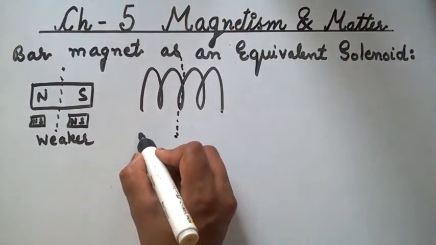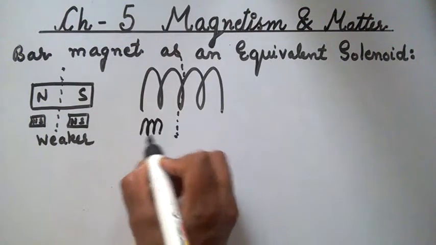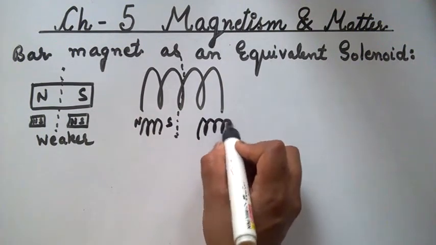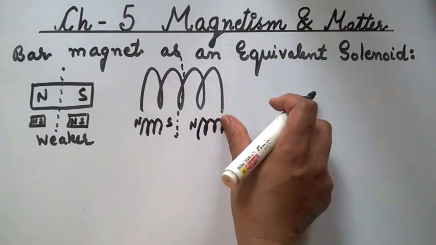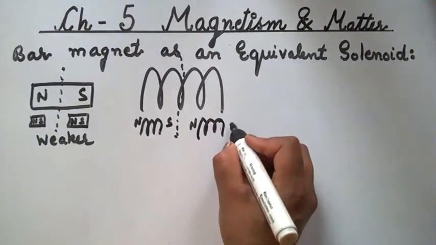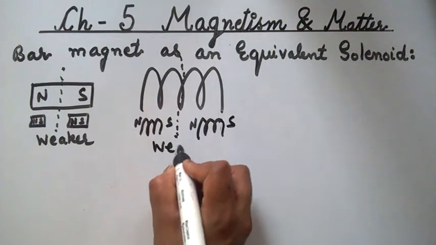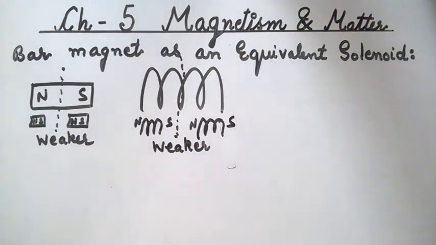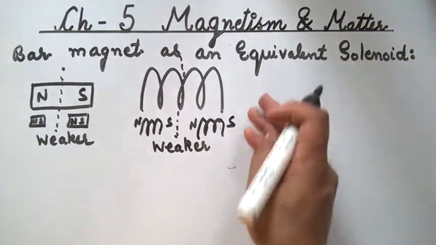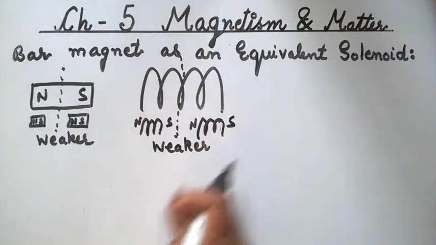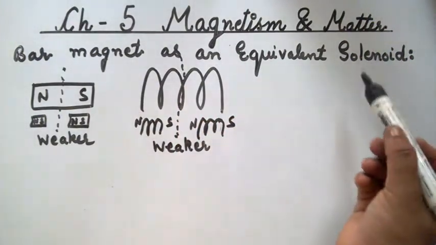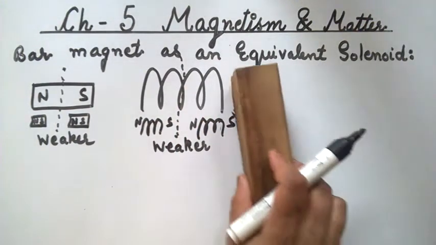Similarly, if we cut a solenoid into two parts, it will divide into two smaller solenoids having north and south poles. Here also, this is a weaker magnet. So we have studied this, and we can say that a bar magnet behaves like an equivalent solenoid. Now let's prove that